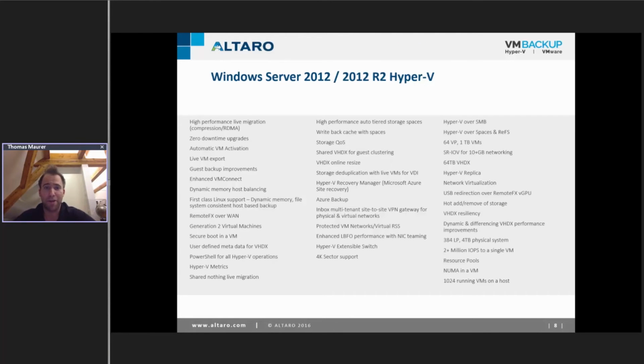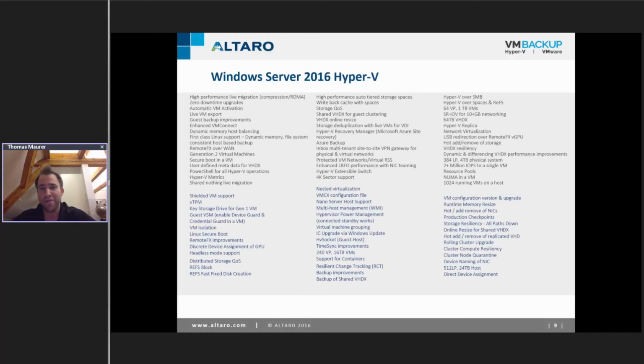So I have a list, for example. I don't want to talk about features here, it's about licensing, but here is a quick list of features introduced in 2012 and 2012 R2 Hyper-V. And if you compare that with Hyper-V in 2016, you can see they have almost the same amount of features in one release now as they had before in two releases, right?